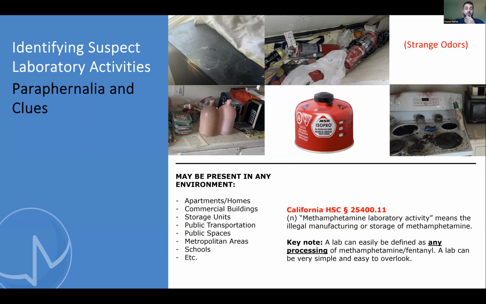Other examples are like the butane stove, little camping stove, like in that picture here. And sometimes it's really obvious, like this stove here. You've charred, everything is charred. You have broken glassware, like beakers, two butane burners in the back, and a little red spray on the back, suspect red phosphorus, another ingredient commonly used in meth manufacturing.